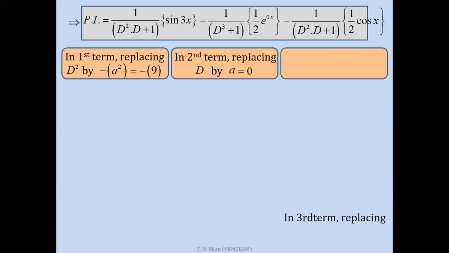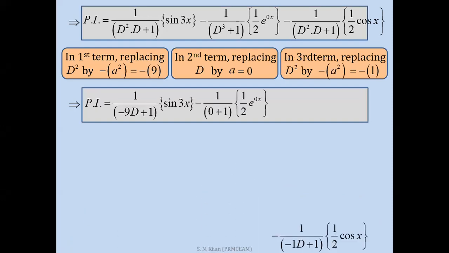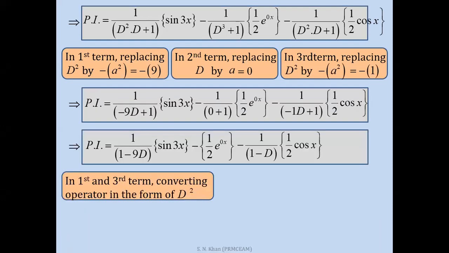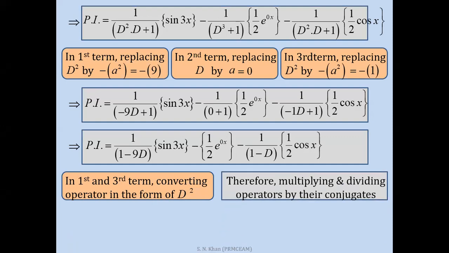अभी क्या करना है, लेट्स चेक इट कि अभी इसे d square के फॉर्मेट में कैसे कन्वर्ट करेंगे। सो इन फर्स्ट एंड थर्ड टर्म कन्वर्टिंग ऑपरेटर इन द फॉर्म ऑफ d square, सेम थिंग जो मैंने आपको बोला है। अब इसे कन्वर्ट कैसे करना है, सो फॉर दैट वी हैव टू मल्टीप्लाई एंड डिवाइड ऑपरेटर्स बाय देयर कॉन्जुगेट्स। अभी कॉन्जुगेट मींस दिस ऑपरेटर इट इज 1 माइनस 9d, तो इसका कॉन्जुगेट होगा 1 प्लस 9d।